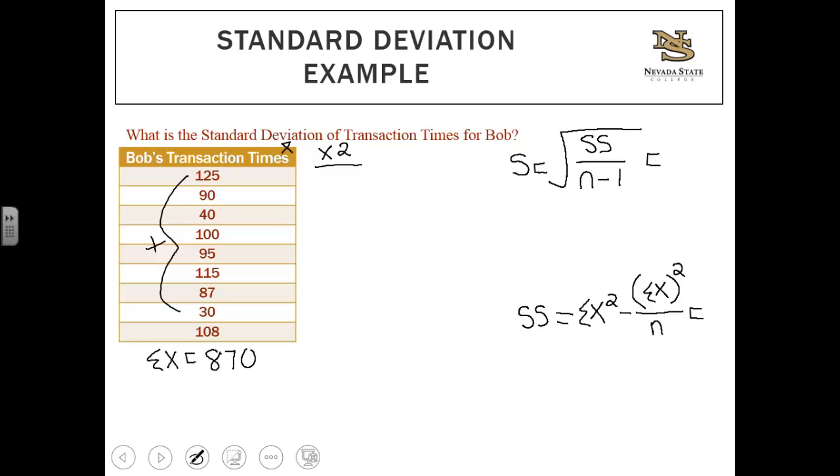So 125 squared is 15,625. 90 squared is 8,100. 40 squared is 1,600. 100 squared is 10,000. 95 squared is 9,025. 115 squared is 13,225. 87 squared is 7,569. 30 squared is 900. And 108 squared